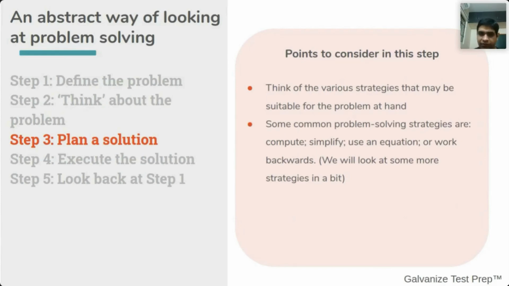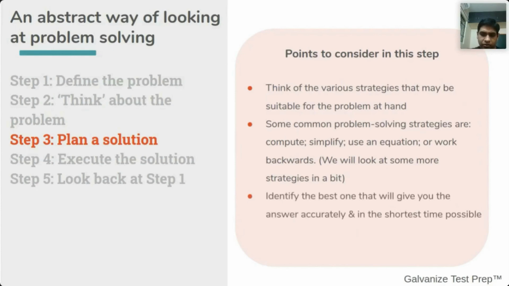And so for some of the questions, I will also try to give you a couple of different approaches so that you understand how to think in a slightly out of the box manner, right? So your goal is to identify the best strategy that will give you the answer accurately and in the shortest possible time. Please remember that the first criteria is to get the answer accurately, okay, not necessarily the fastest one, right? Sometimes you might find that there is a slightly longer method, but one that will give you your answer quickly. So we'll discuss more about this later on,